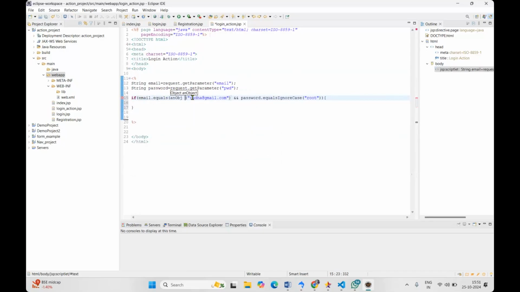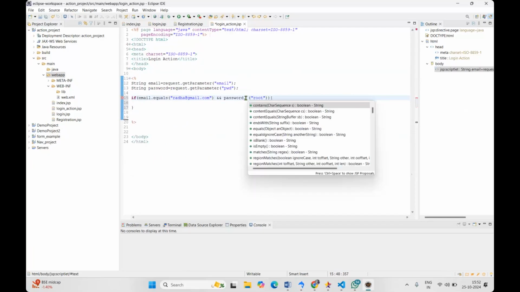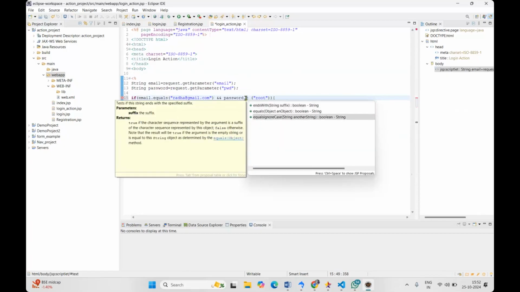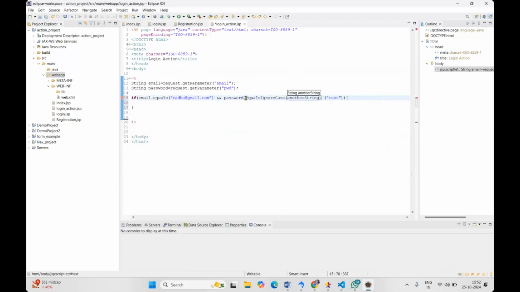You can use either of those, but here it will just ignore any case differences. So okay, I'm using the same. Okay, equals